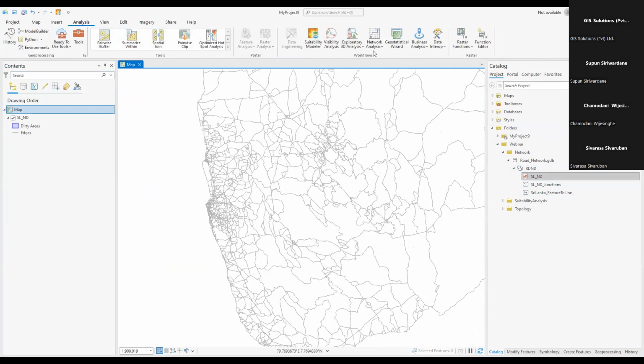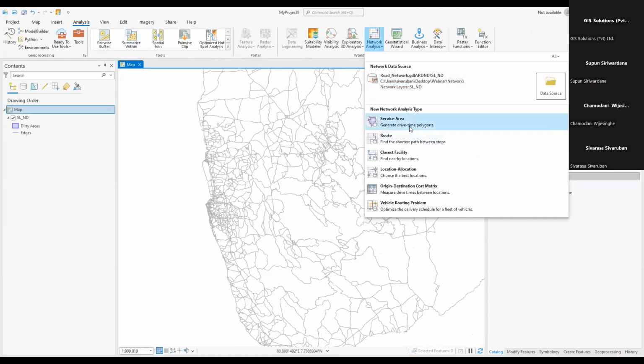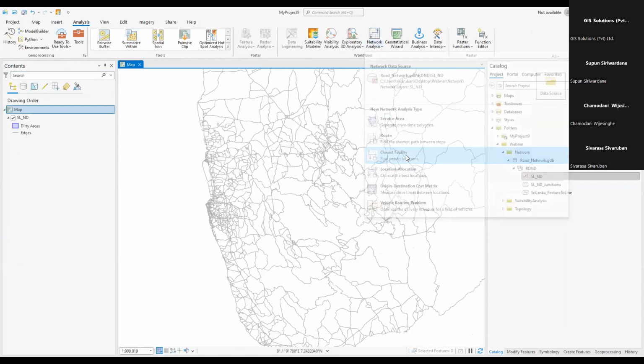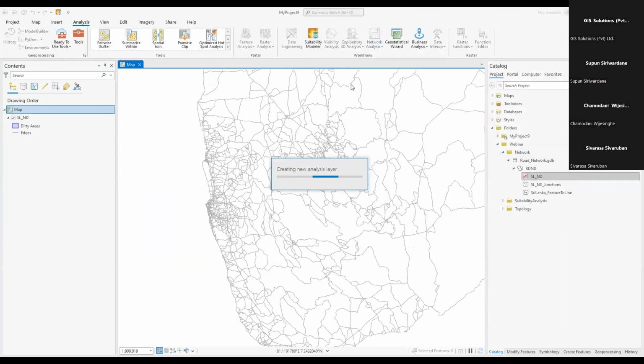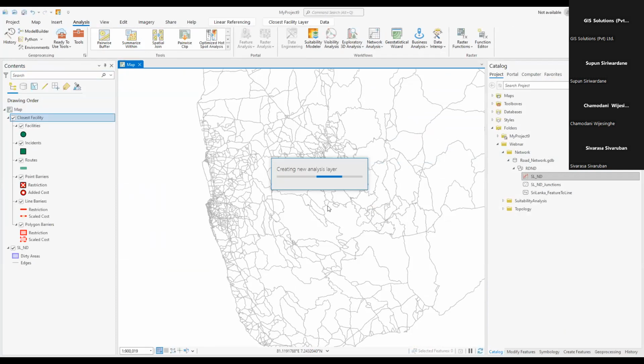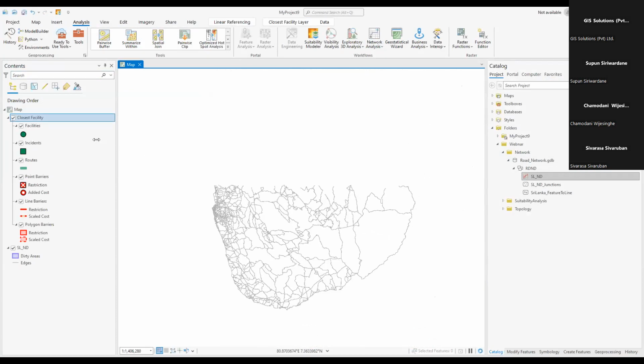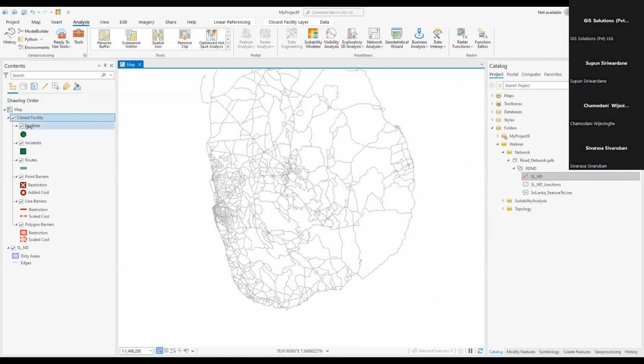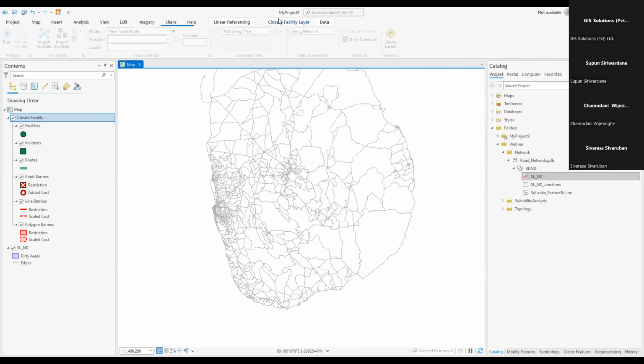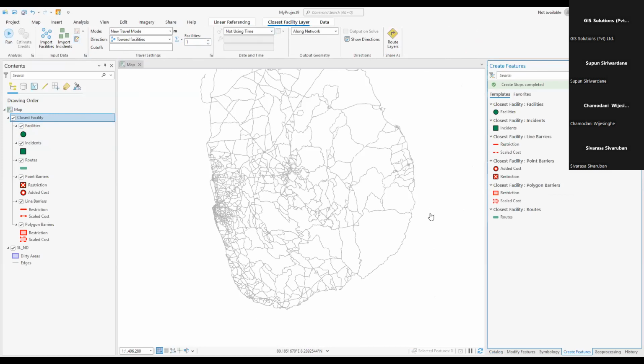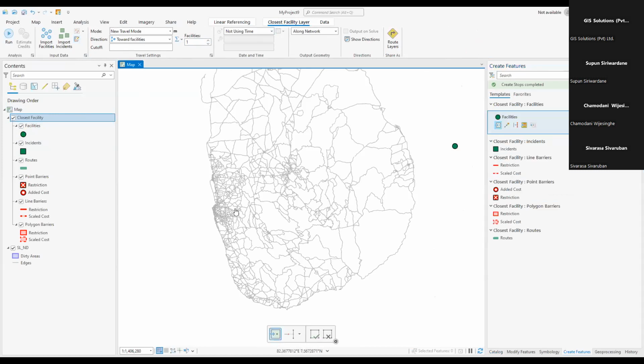And go to analysis and the closest facility. Go to analysis and the closest facility. So now you have the closest facility. So in this closest facility, you have facilities and incidents. So when I keep the cursor here, it will pop up like this. And I press this button icon. And now I'm going to click the facilities and